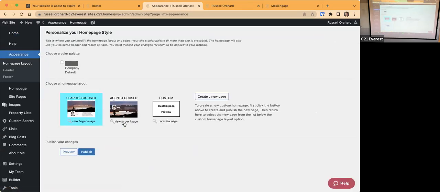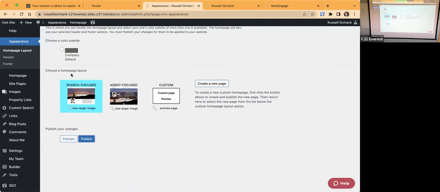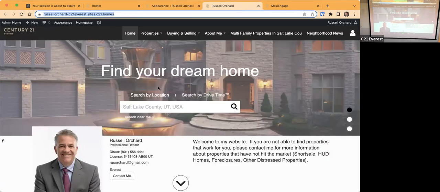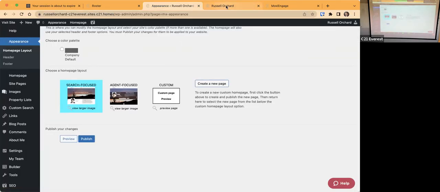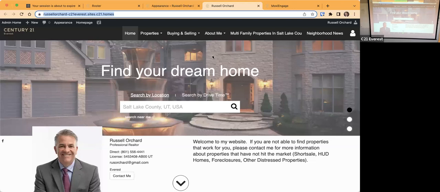What that's going to do is bring it up and have me choose. It shows up here, choose the color palette, but basically you have one choice, so don't worry about that. The next is, do you want your homepage layout to be search focused or agent focused? Let me show you the difference. Mine is set up as search focused. The idea of search focused is that your site is designed around searching for properties,